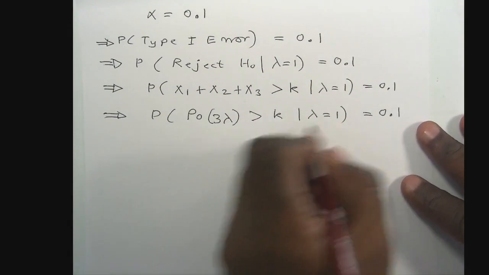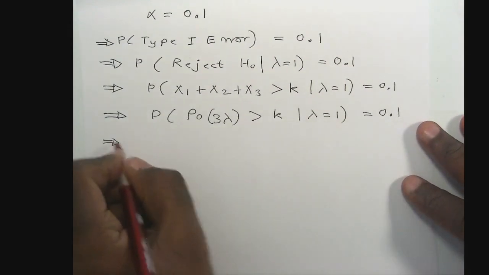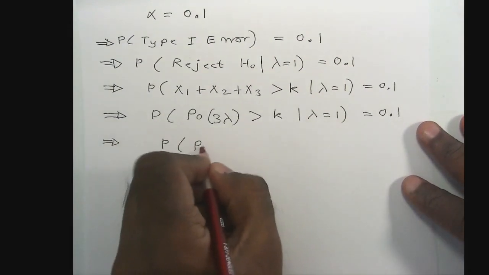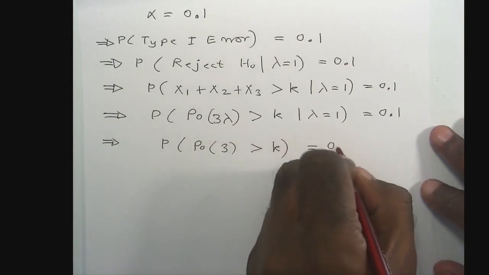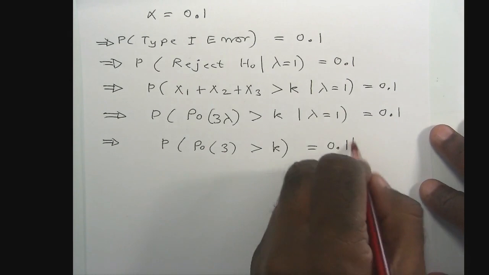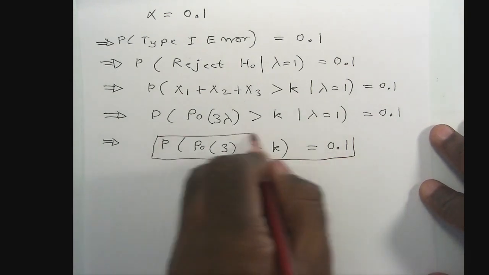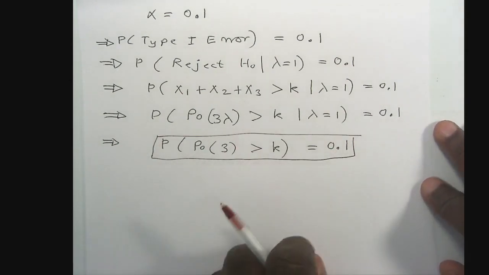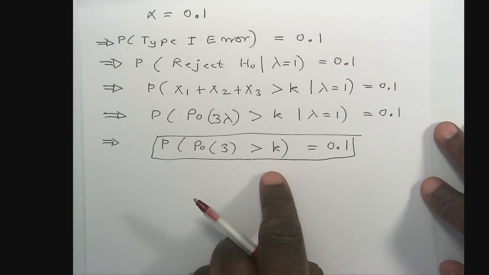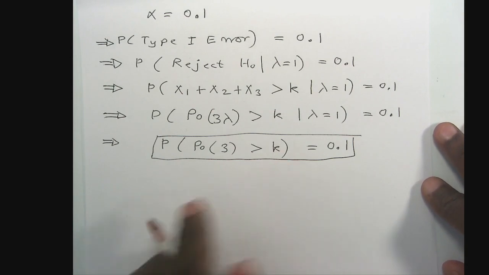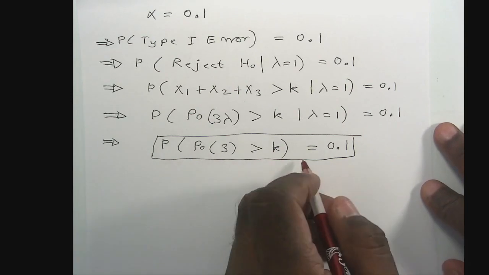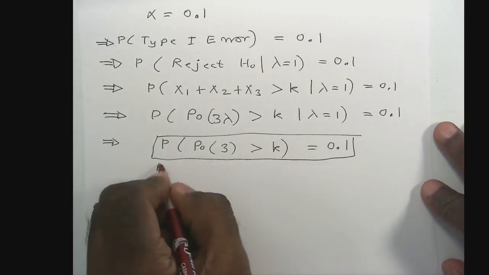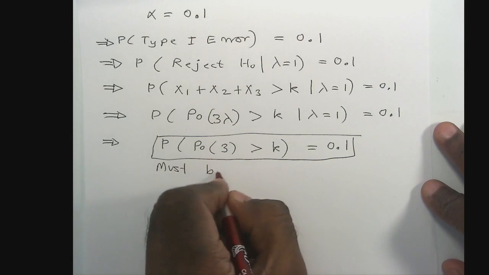If you put lambda equal to 1 into this, you get the probability that a Poisson variable with parameter 3 is greater than k is equal to 0.1. Now, you need to solve this equation for k. So the only thing that is unknown in this equation is the value of k, right? But unfortunately, you cannot solve this equation analytically. So this must be solved